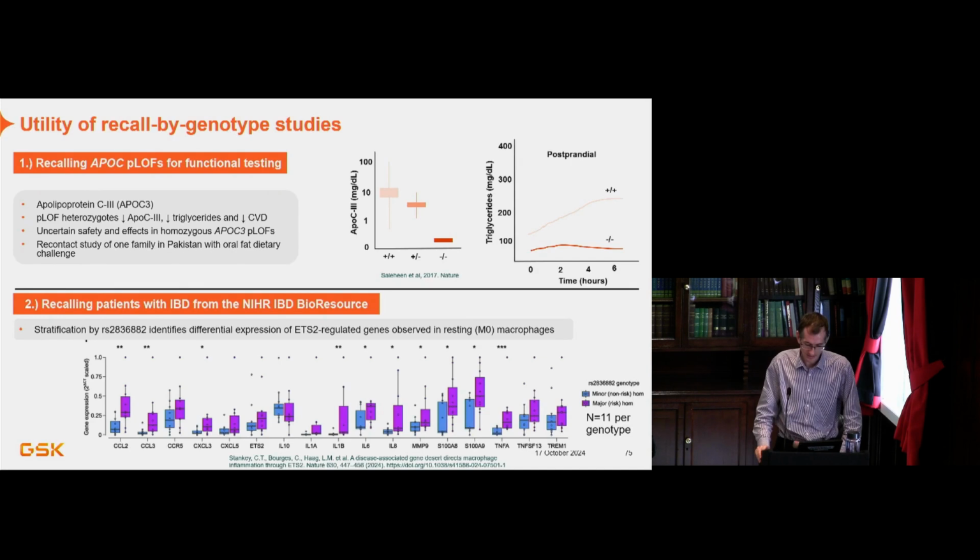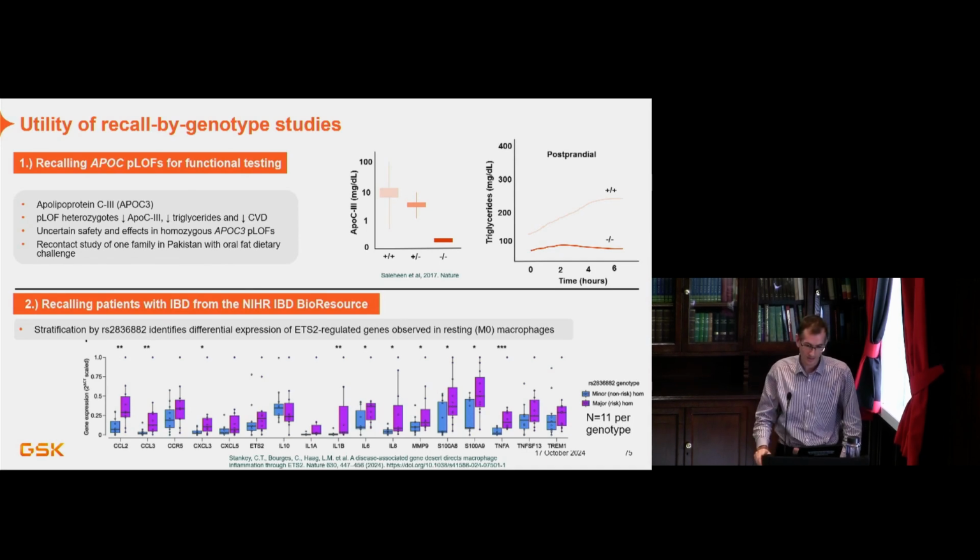And this was done in Pakistan. They found a probanded index case that did appear to be a homozygote, and actually could recontact them, and then went to different family members. And if I recall correctly, the spouse actually by chance also happened to be a homozygote. So there were several members in this family who were either heterozygote in the extended family or homozygote within the direct family, and they were able to demonstrate that these homozygotes compared to normal or heterozygotes had significantly decreased levels of apolipoprotein C3 and a postprandial blunting of triglyceride concentrations, which again might therefore be indicative of cardiovascular